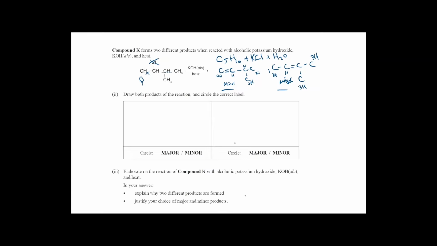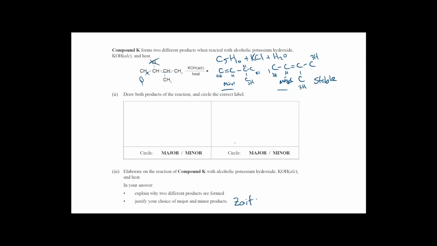Then the reason why one is the major and one is the minor is that this one has more. It's kind of a byproduct of, well, not byproduct. The minor one is kind of an intermediate product for this one, and this is going to be the more stable, and this is the one that has the most substitutions. So we can justify it by